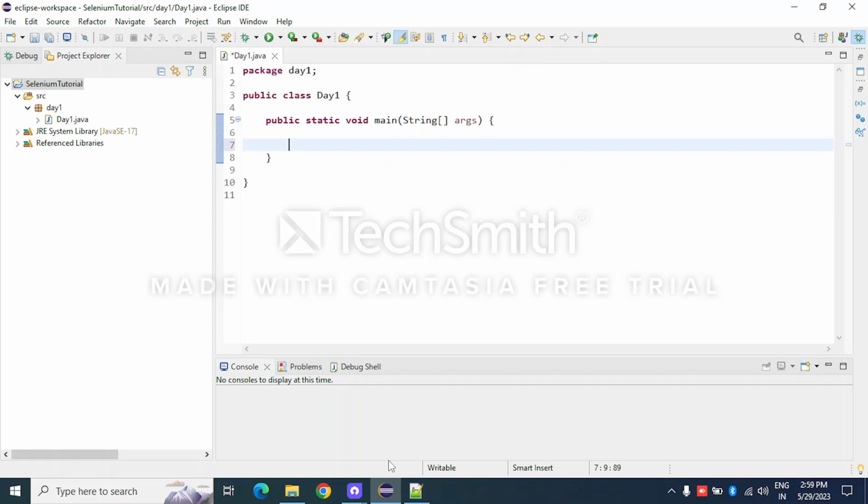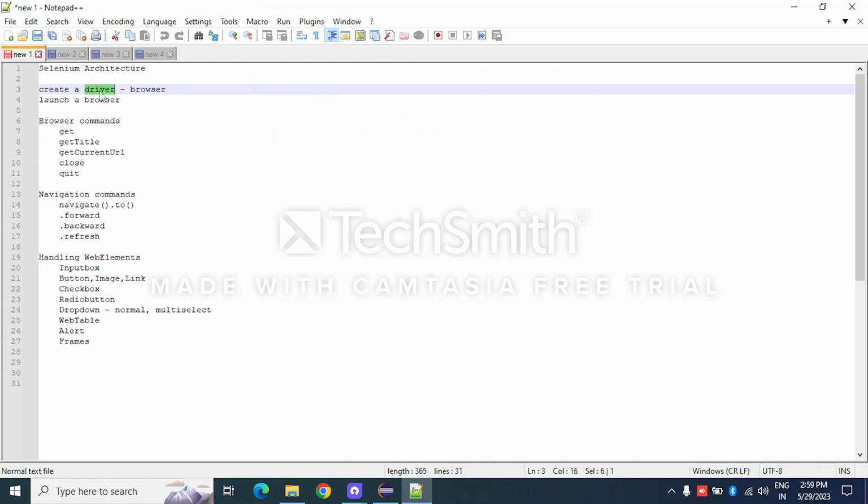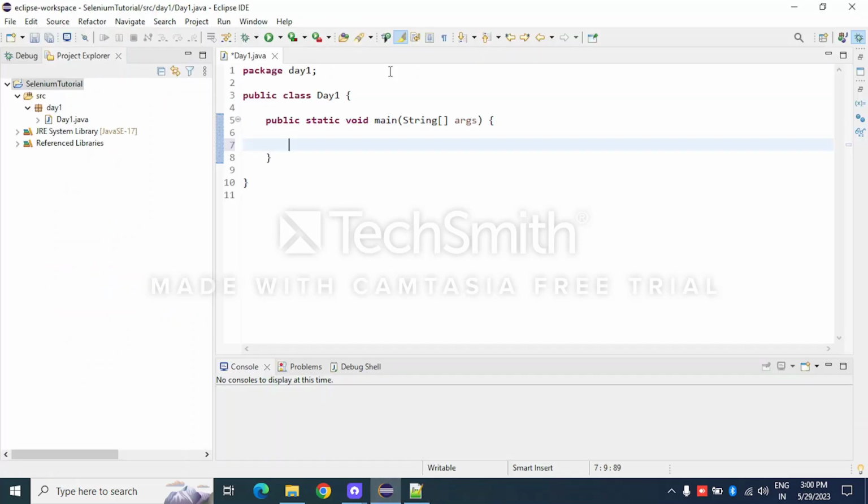So first thing, as I mentioned, we have to create a driver for the browser that we want to use for launching the application, or performing our testing, right? So how do I initialize the browser driver object? Okay, so I will tell you this. First of all, I have to mention where is my Chrome driver, or whichever browser I want to use. Where is that driver downloaded on my machine? Okay, so